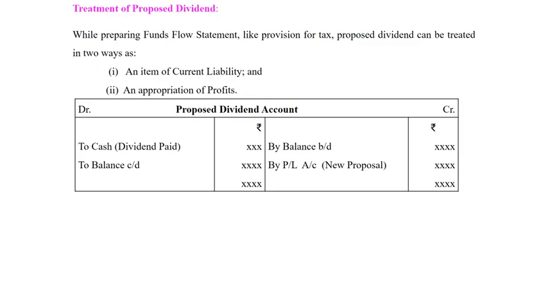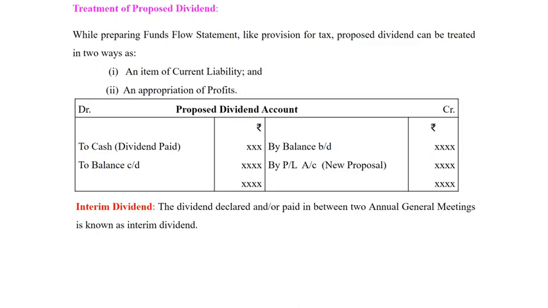By balance brought down, the opening balance or previous year's closing balance will be taken on the credit side. Then if any dividend is paid during the period, that will be taken on the debit side to cash, dividend paid, and balance carried down will be written. And by balancing, we get the new proposal made through profit and loss account. That will be the dividend paid or profit and loss account. We will get the balancing figure while preparing this account. Okay,